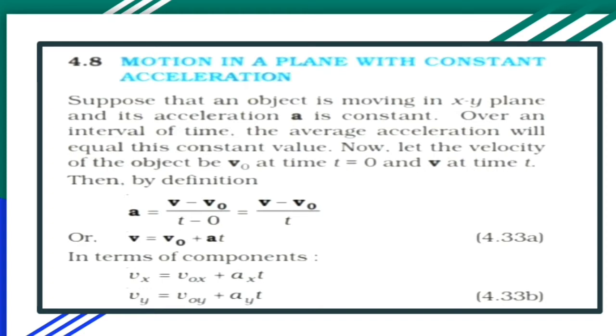Now we derived three equations of motion in a straight line. Now how those equations will be, not the three equations, the first two equations we are discussing now. We are not discussing the derivation, we'll just write the equation and its component form. When we discuss the equations in two-dimensional motion, the equation of motion can be written in two ways. One is in vector form and the other is in component form.